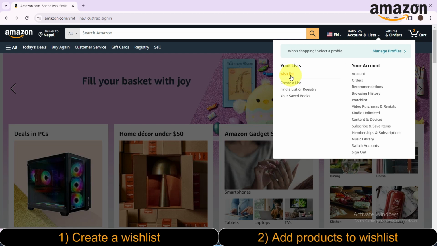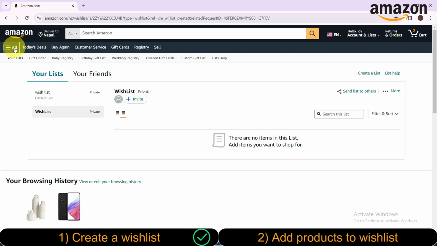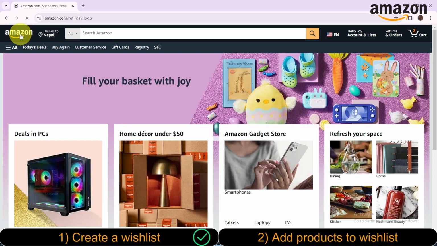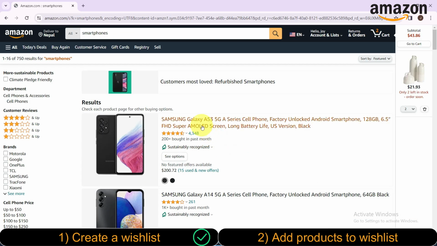If you want to create or make a wish list, we need to create a list. So let's select it. In here, we need to give our wish list a name. Let's just say wish list, all right? And create list. So next time you are browsing through the amazon.com, let's say gadget store, and then this phone,